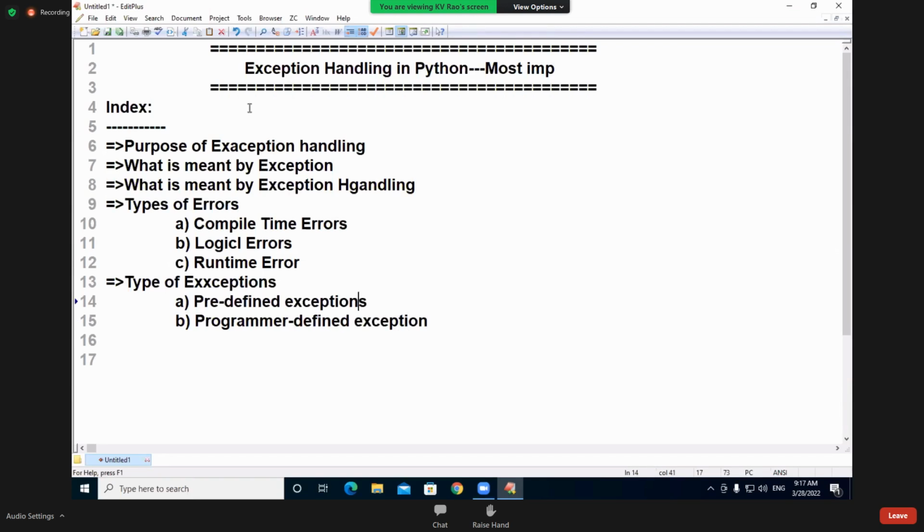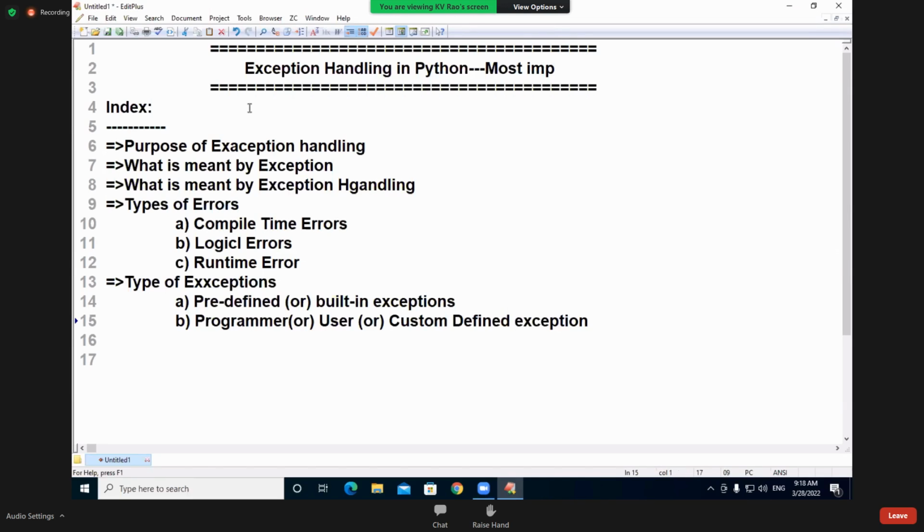Of course, predefined is also known as built-in exceptions. Built-in means predefined. Programmer defined is also called, by some people, user defined exceptions. Actually, user defined exceptions is not correct terminology, but some people use it, so I'm writing that. Or called custom defined exceptions, customized exceptions, I'm going to discuss.